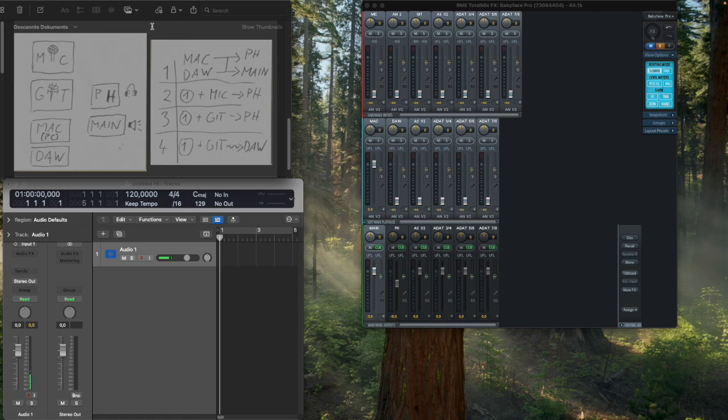Let us understand RME TotalMix as easily and quickly as possible. For this, I take my environment as an example and also for use cases. The environment,